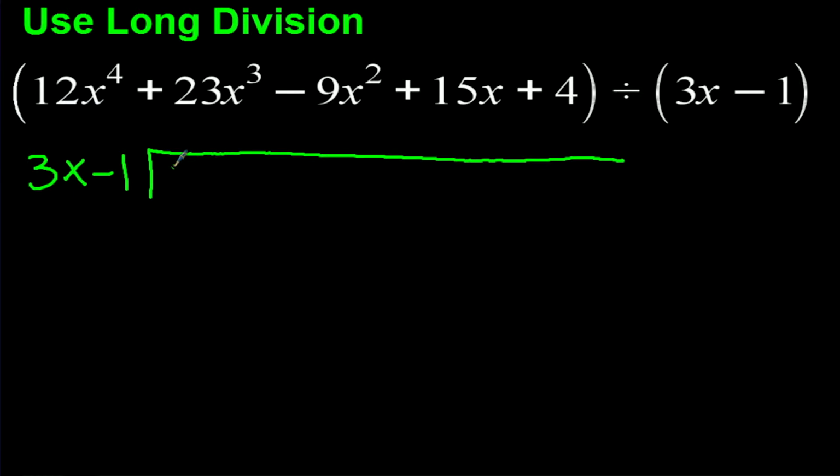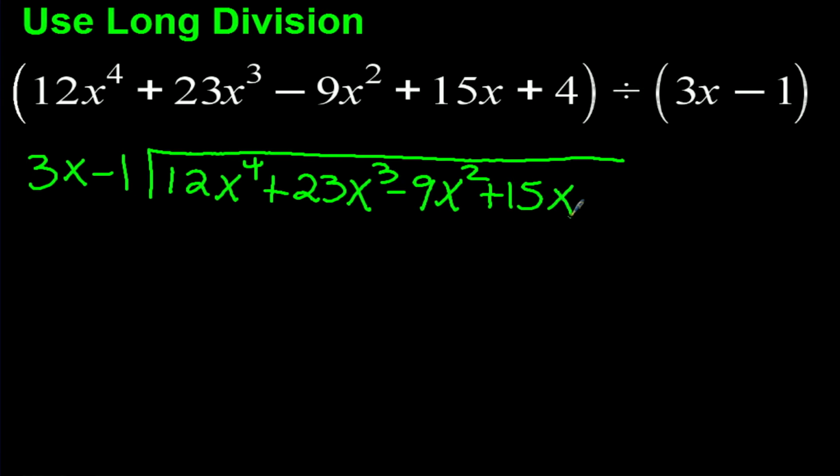So under the divisor, we're going to put 12x to the fourth plus 23x cubed minus 9x squared plus 15x plus 4. And the way we always start this out is we have to look at the first term of our binomial and divide it into the first term that we're looking at. In this case, it's 12x to the fourth. 3x will go into 12x to the fourth